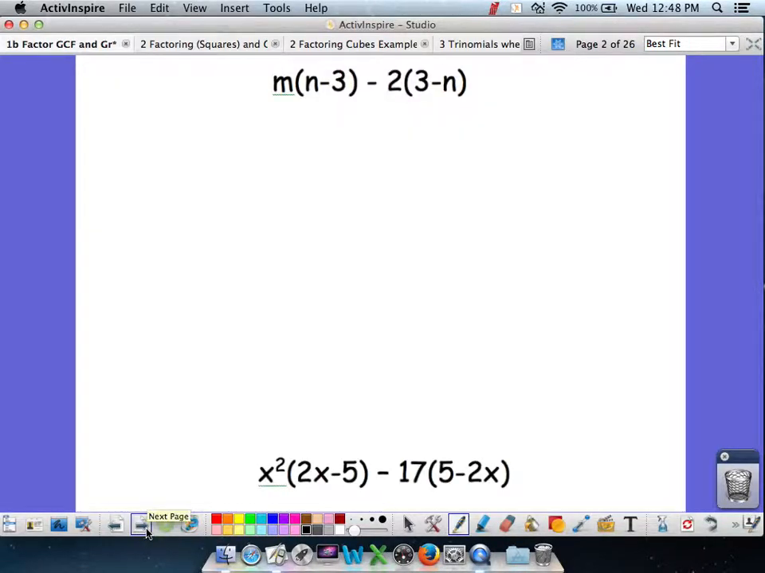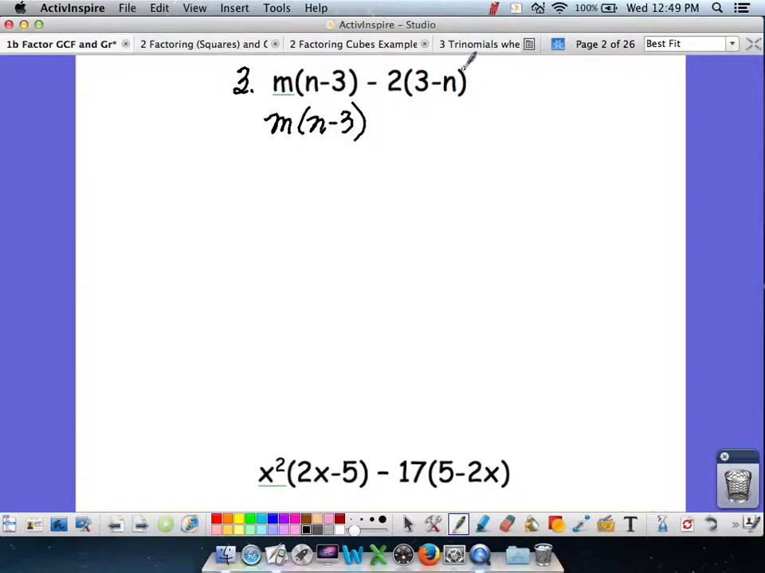To grow just a little bit, in this case I look at both of these binomials right here. They're the exact same except they're in the opposite signs. In this binomial I have a positive n and a negative 3. Over here I have a positive 3 and a negative n. Well, they're not quite common. So what we have to do, and we'll call this problem number 3, is we have to make them the same. So I'm going to keep this first binomial, m times n minus 3,